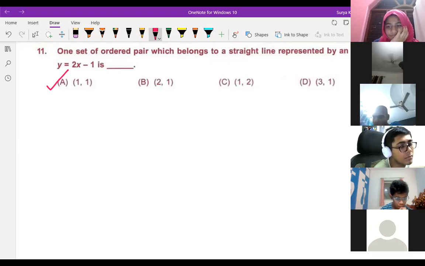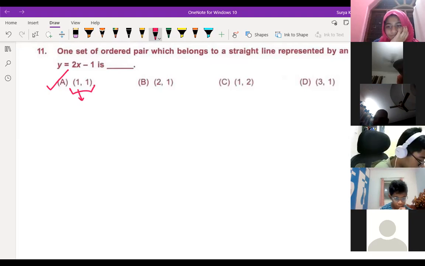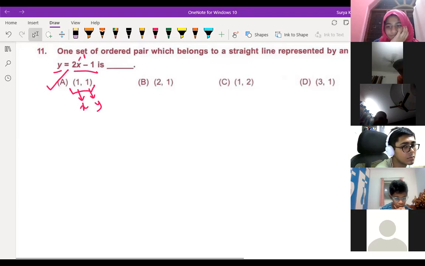Sir, does it always have to be equal to 1? Not always, it depends on this formula. You are putting the value of x and y. This is x, this is y. So if x is equal to 1, then y should come 1 only. Then only it's correct, otherwise not. Okay, understood, sir. Not all the time.